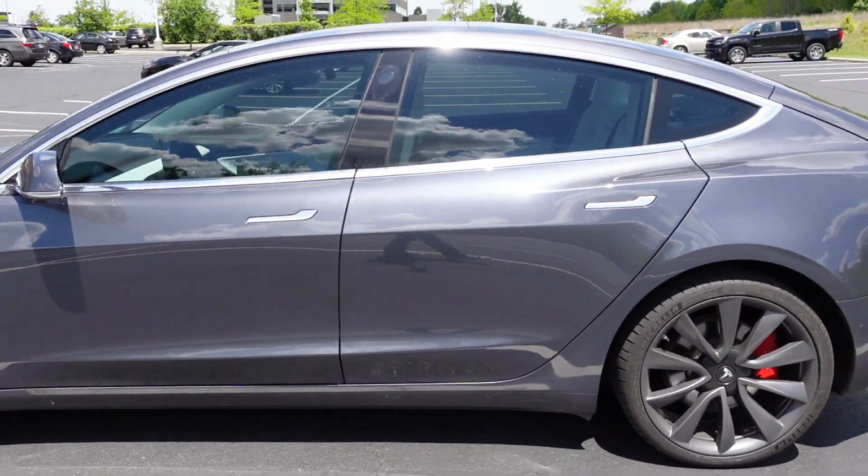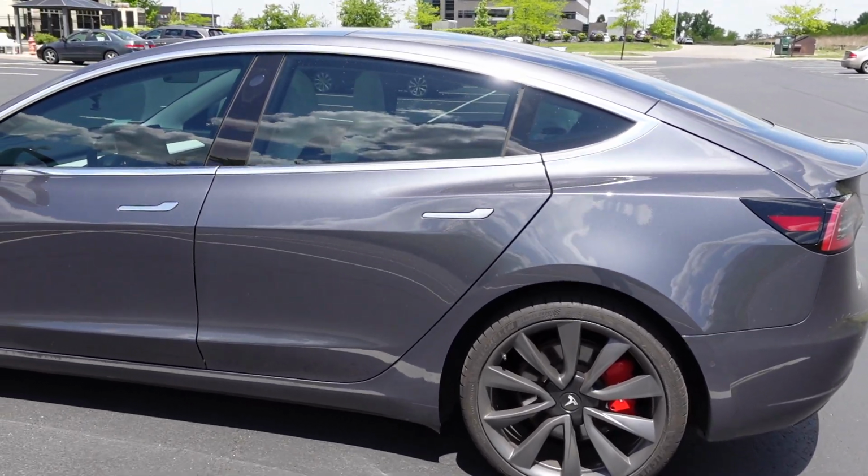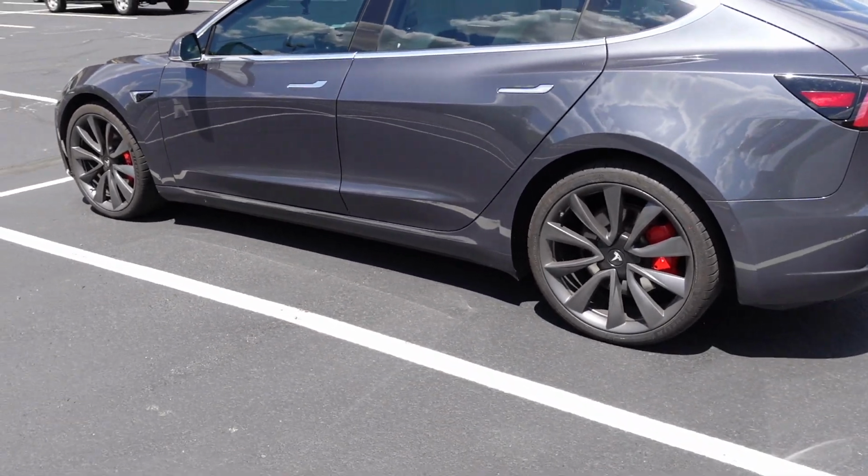So for me, for Tesla, when I see performance, it just washes out that brand altogether. And I think that it's starting to trickle over to how BMW is doing their M Performance and M Sport and things with the M logos on the car. Don't get me wrong, it's not a bad car,